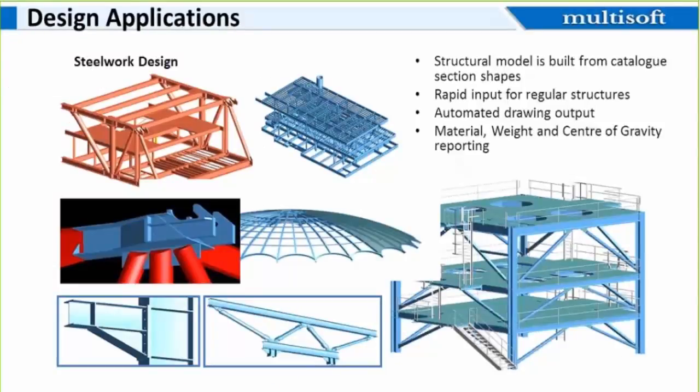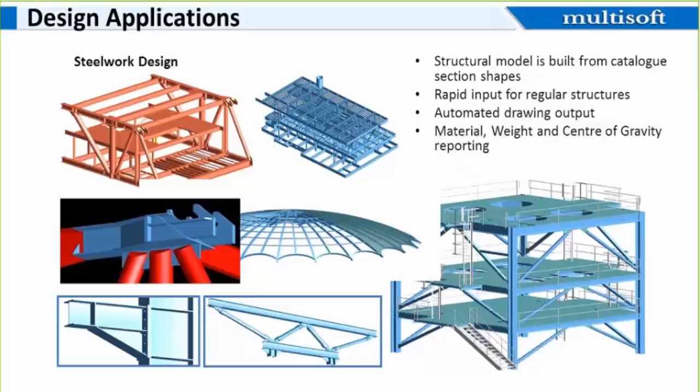Next application is steelwork design, wherein a structure model can be built using beams and columns, referring to a catalog shape. Now, the catalogs, like British Standard and American Standard for structural steel, are inbuilt in PDMS, and the user can refer to those standards while modeling. So all the members placed in PDMS will be predefined from those catalogs only. Civil and architectural buildings can also be built using this application, the steelwork design.